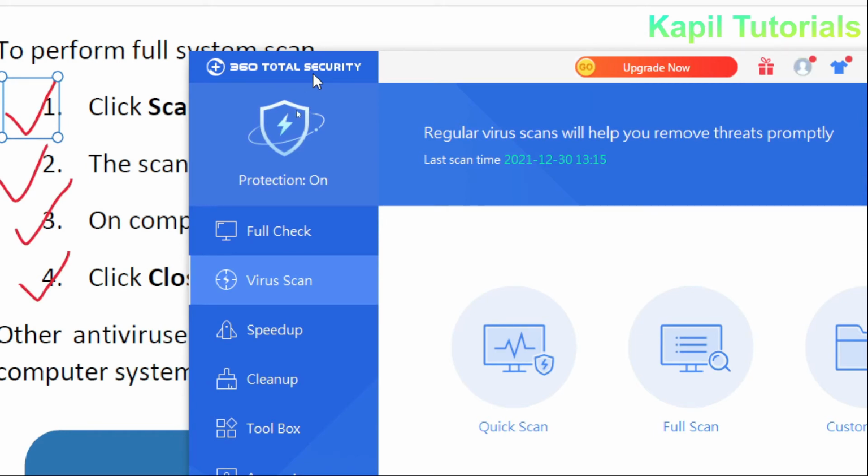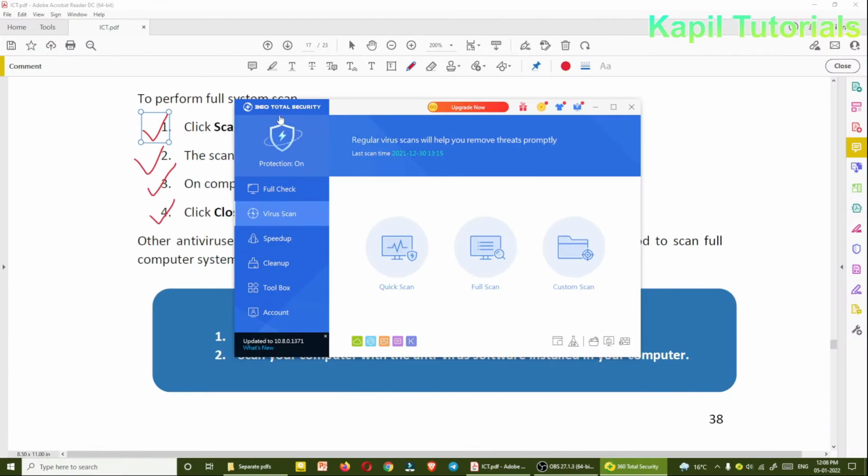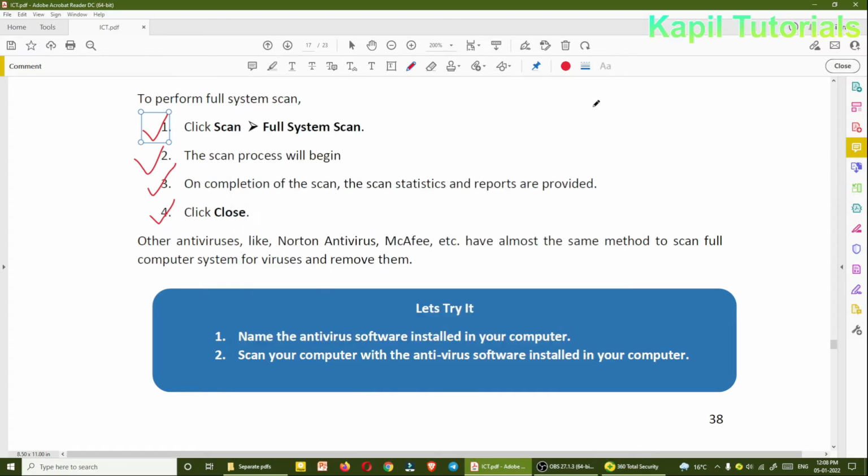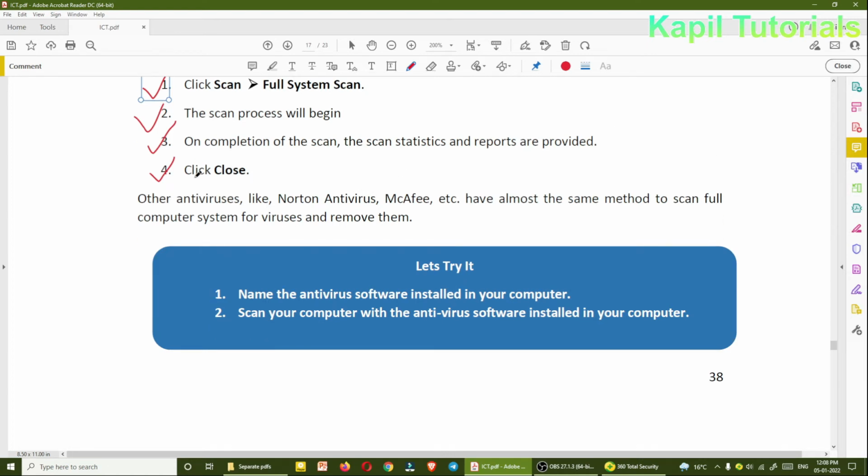Even if you want, you can just install this 360 Total Security. But the problem with this antivirus is that sometimes ads come from the right bottom. From here it gives some advertisements. So that's obvious, now they also have to earn something. But if it is okay, you can install this antivirus software, or you can purchase this kind of software. You have to pay for these: Norton antivirus, McAfee, these are all paid. You can use these also.